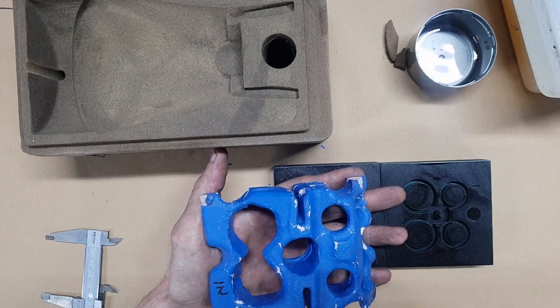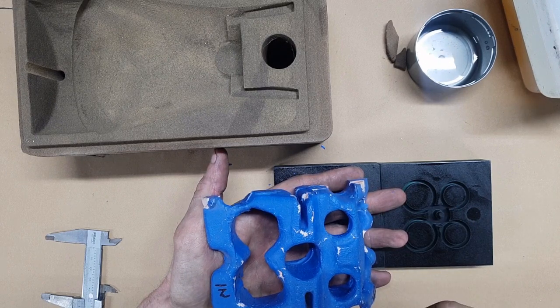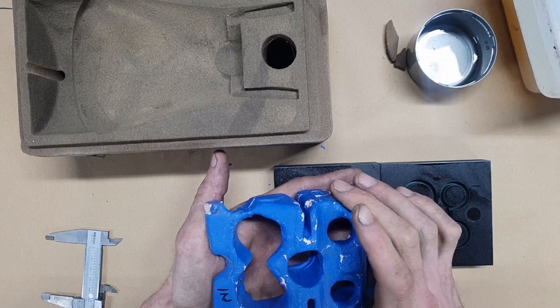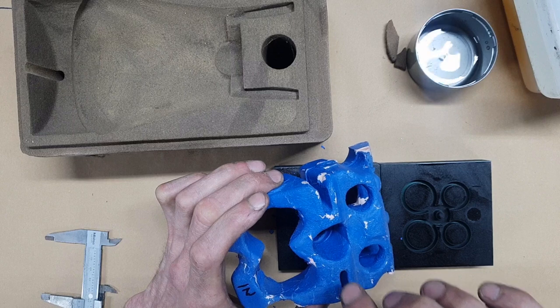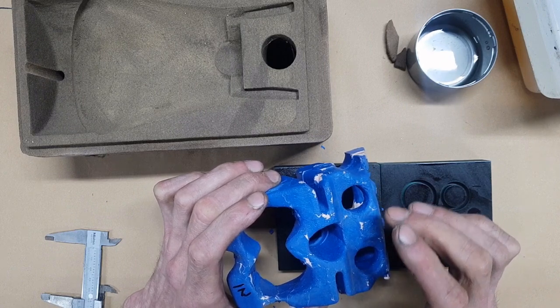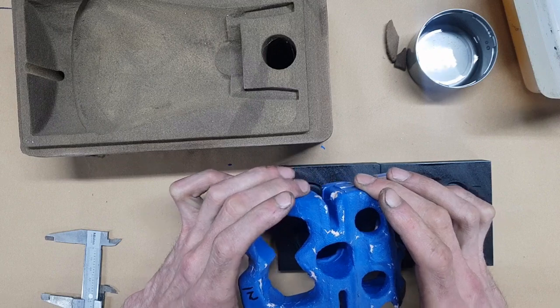So this is where it has come on a huge amount in the last 15 years, because in, I think, 2009, a company called, what was it called? I think it was called Southwest Research and Design Institute, came up with a process where you could keep all the big sections in sand, which would remain strong, and you could do the very small sections. If you wanted to go down really thin, you could do them in a very fine ceramic, which would be like an aluminium powder and a very fine, probably zircon sand mix with an organic binder, which might be